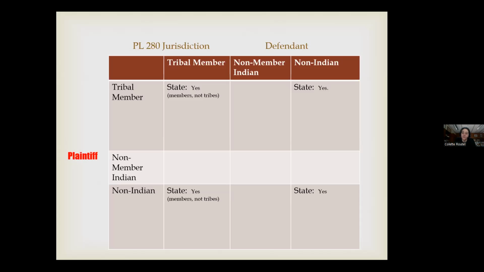Public Law 280 doesn't give jurisdiction over tribes. And this is not about civil regulatory jurisdiction. It's just about court cases. And so as a result,